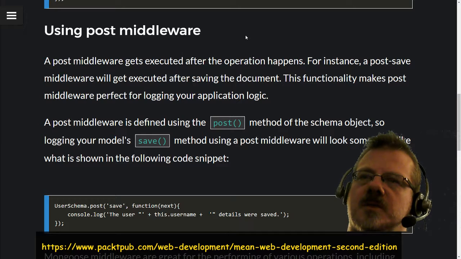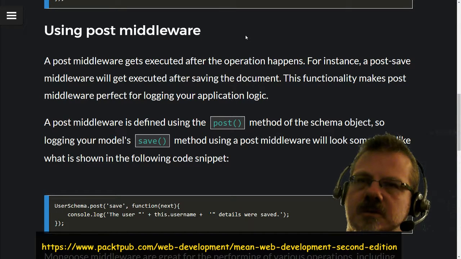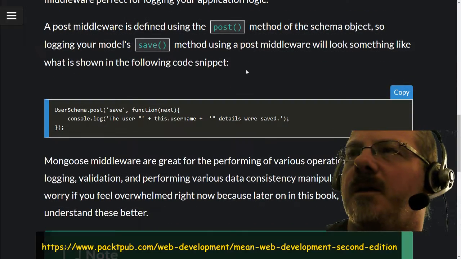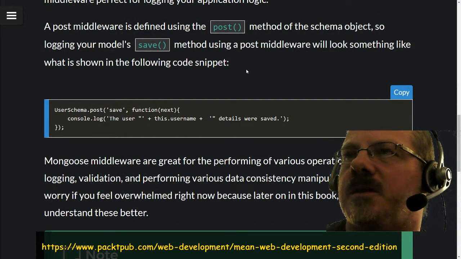So logging your model's save method using a post middleware will look something like what is shown in the following code snippet. User schema post save function next console log the user